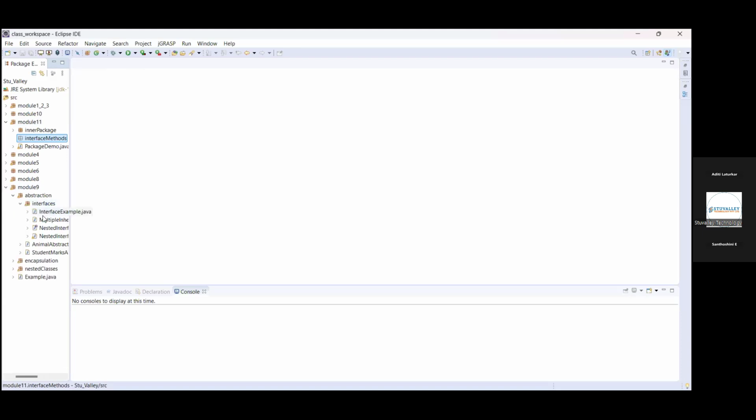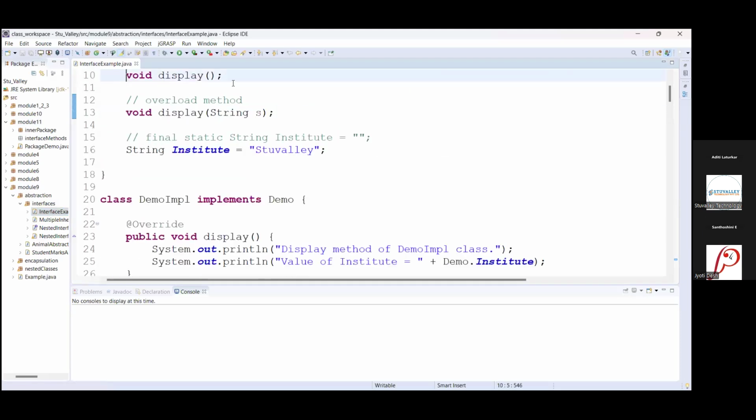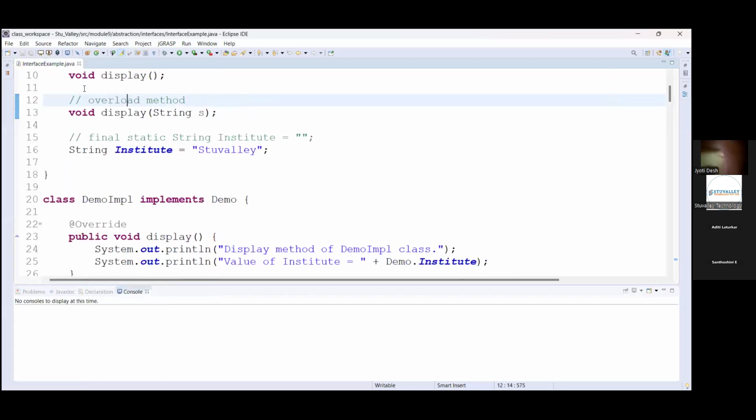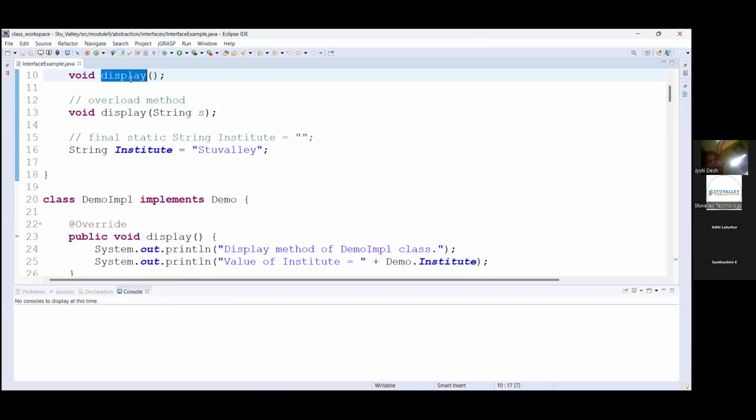In the last interface program, inside an interface example, we have written the abstract methods, right? The reason for abstract methods is that we don't want to provide any implementation to them. There is no need of providing any implementation to these methods.